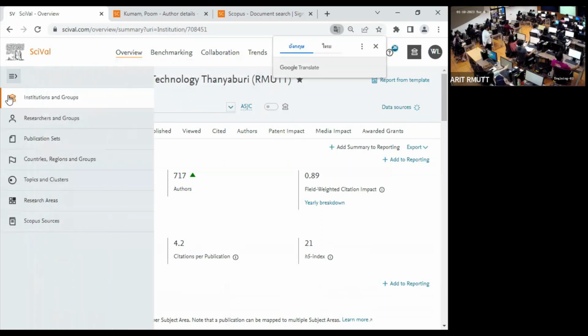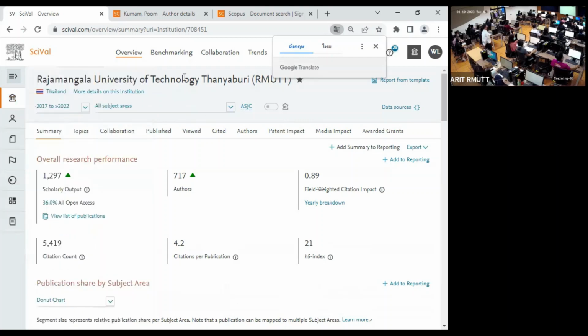Just go to this icon here and search for Raja Mangala University of Technology, Thanyapuri. Right, so when you look at your profile,